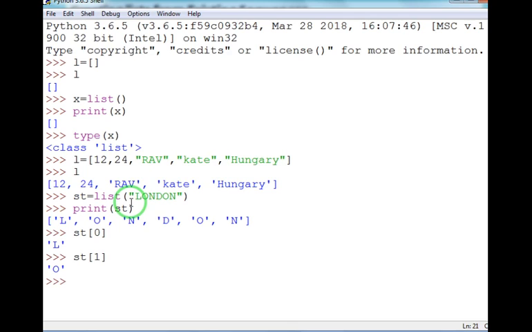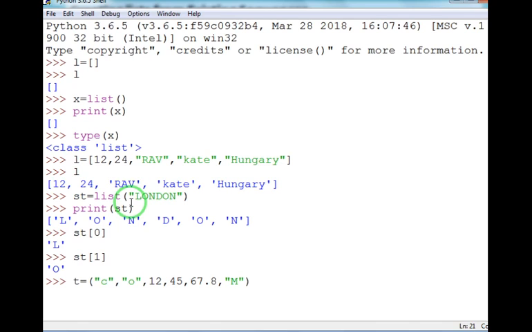It will display O. Now if you want to create a list with the help of a tuple, let's create a tuple first. Suppose I have created a tuple T, and here I have written C, O. You can also enter heterogeneous values in a tuple. Since it is a number, I need not use double quotes because it is a numerical value. 45. Decimal numbers also you can take.